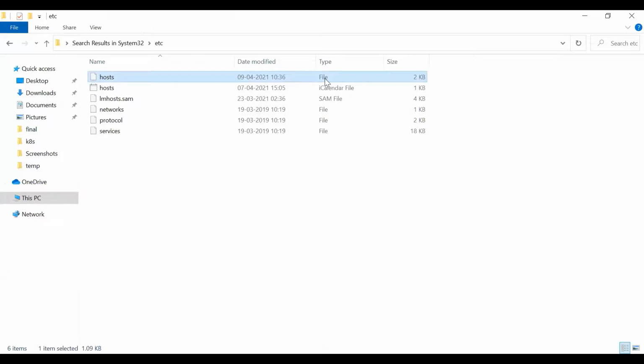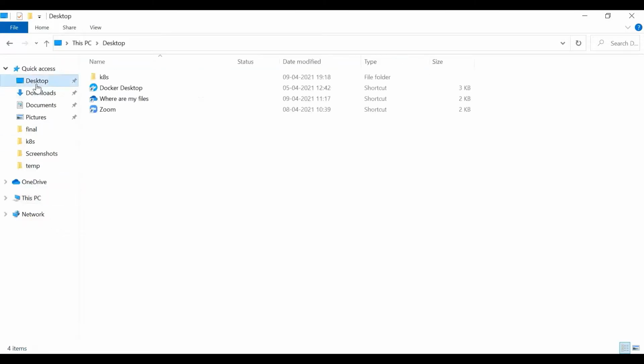Okay, copy this file, because we are not allowed to modify all these things, and it is easier to copy this, paste it somewhere else, something like the desktop, paste it over here. Now edit it here using a text tool like Notepad or something.